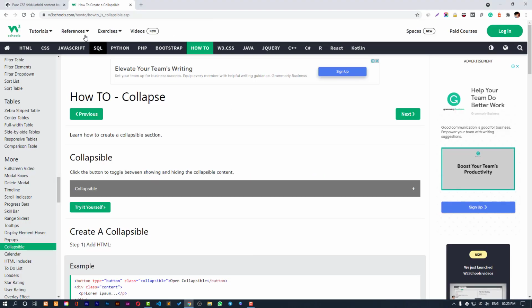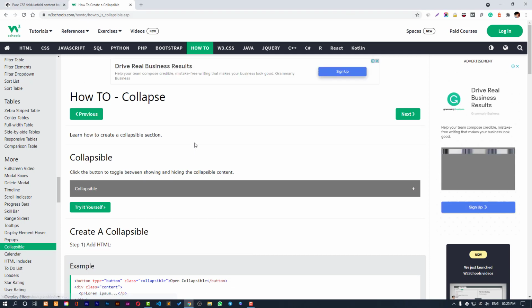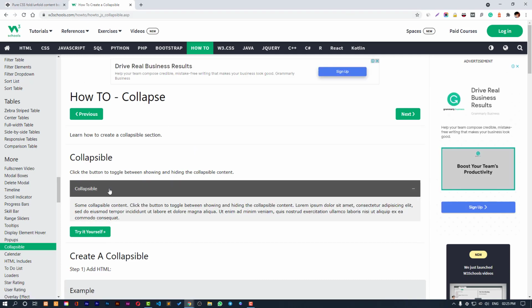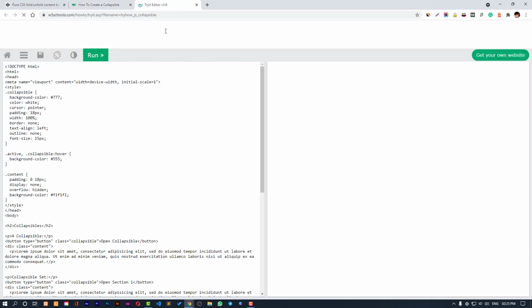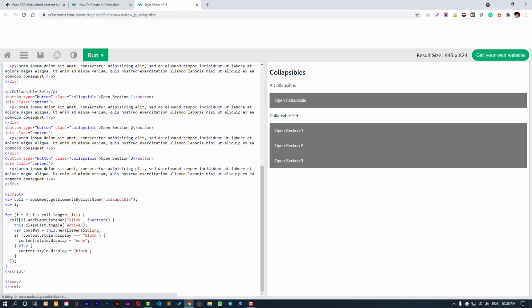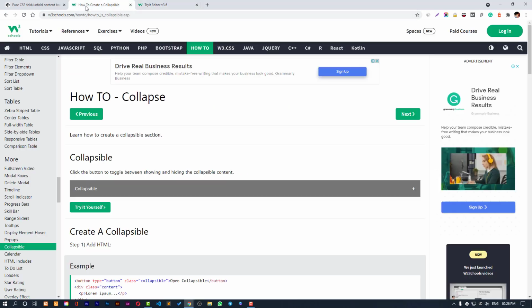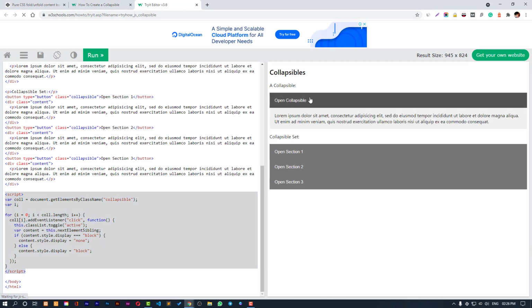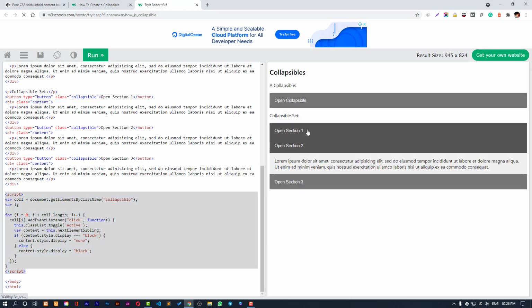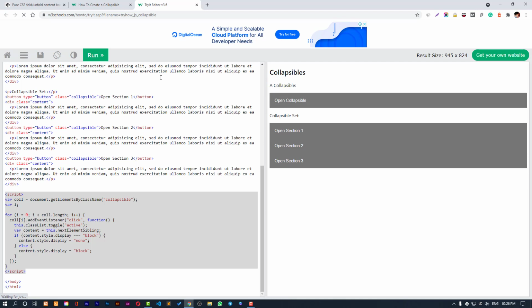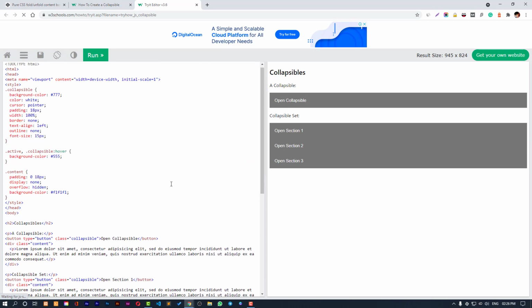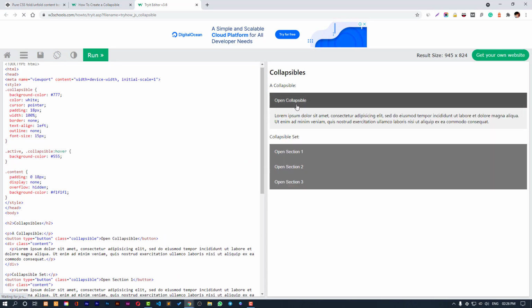I have got this nice collapsible thing like this, and you can do it with JavaScript and CSS by using W3 Schools how to JS collapsible. And this works something like the same, like an accordion or something. So you can use this JavaScript and CSS feature to get this nice unfoldable feature.